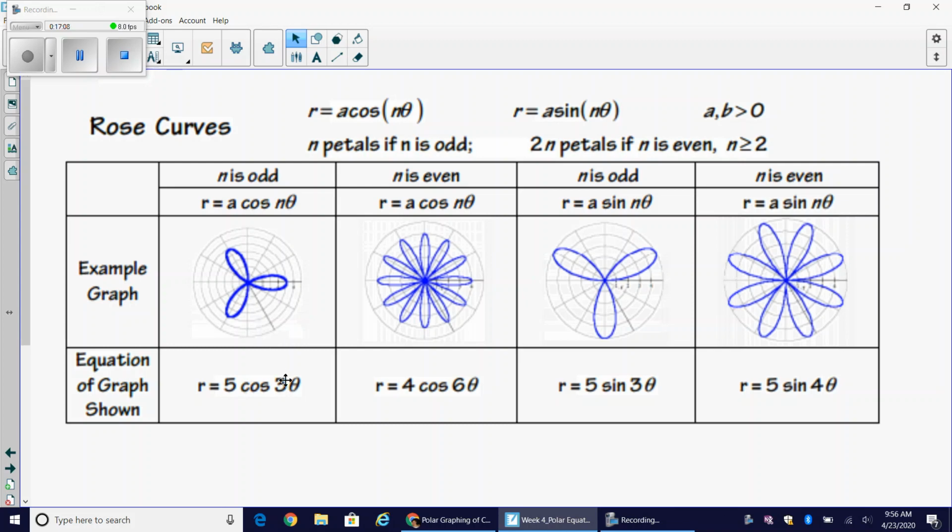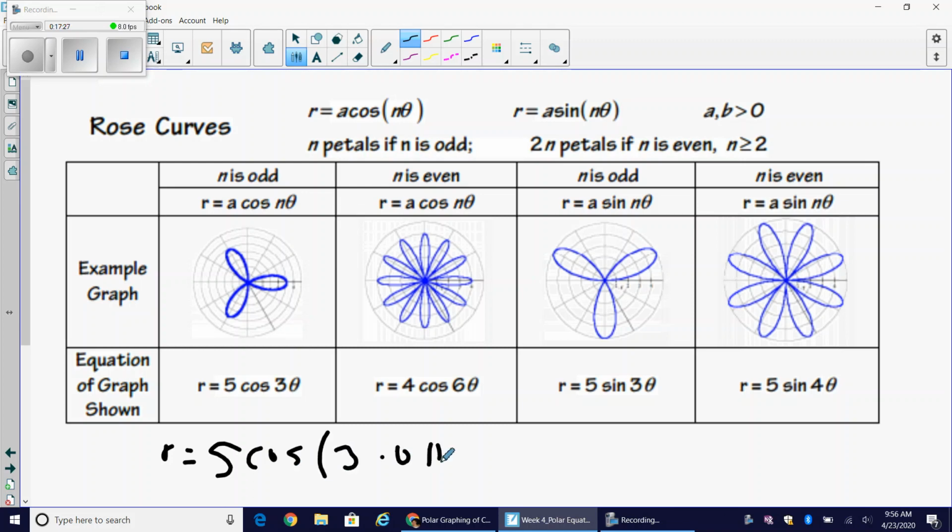So when I plug in 0 pi into this function, r equals 5 cosine of 3 times 0 pi. 3 times 0 is 0, so the cosine at 0 is 1. I get 5 times 1, which is why I see my first petal right here along the x-axis. Now you might be asking yourself, well, how do I get these other petals? Well, we can plug in our other values,